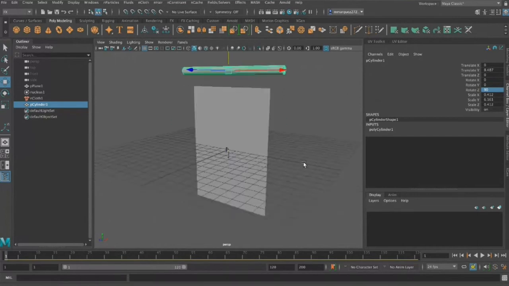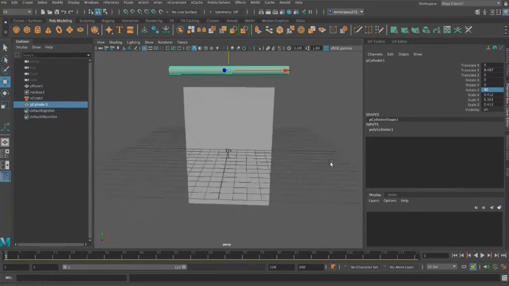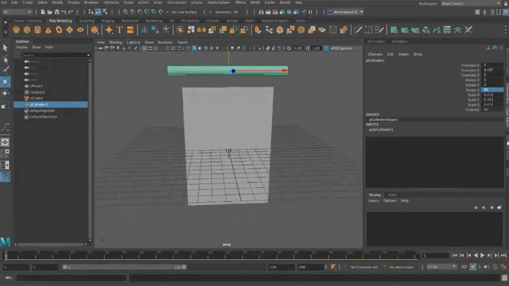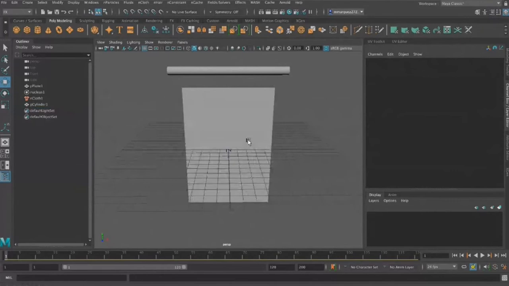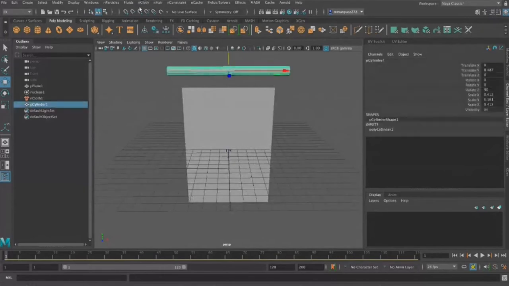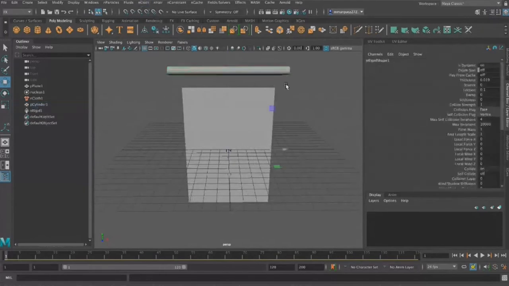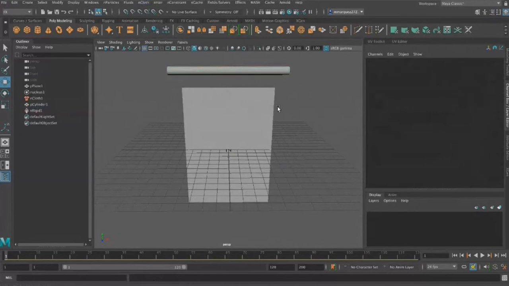I'm going to put it above my curtain. And then just like I did with my nCloth, I'm going to add some subdivisions into my cylinder too. Then I'm going to make it my passive collider. And now I am